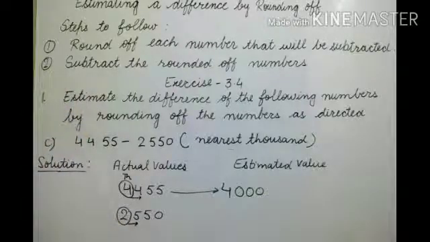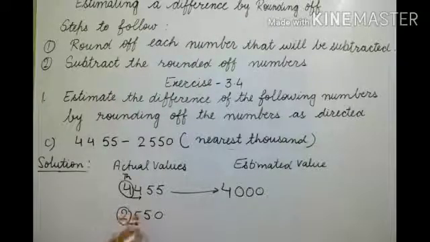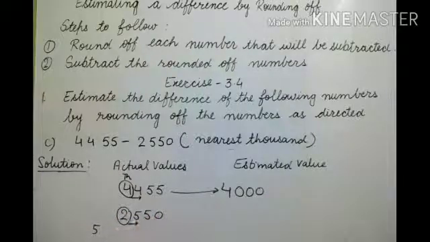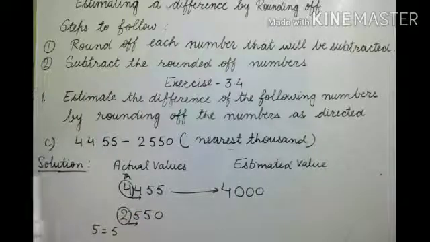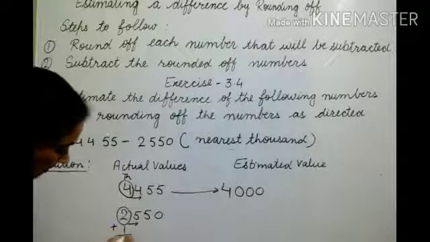Put an arrow to the right digit. The first right digit that comes after 2 is 5. Right digits are these two, 5 and 0 also, but the first right digit that comes after 2 is 5, and 5 and 5 are both equal. We will compare the value of the right digit with 5, as 5 is equal to 5. So according to the rule, we will add 1 to the circled digit.